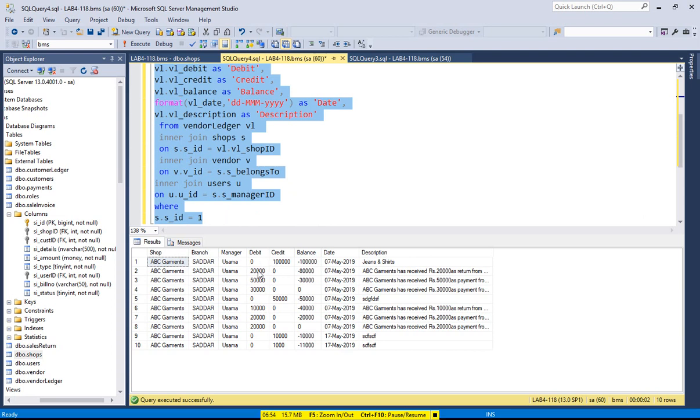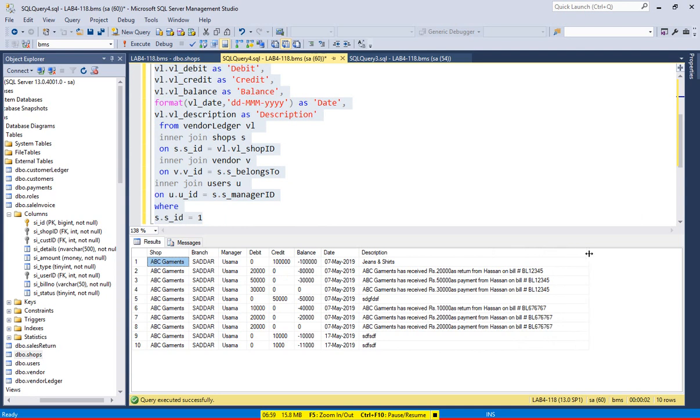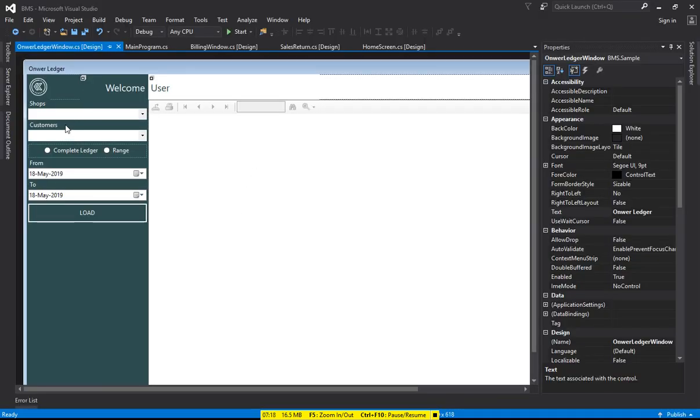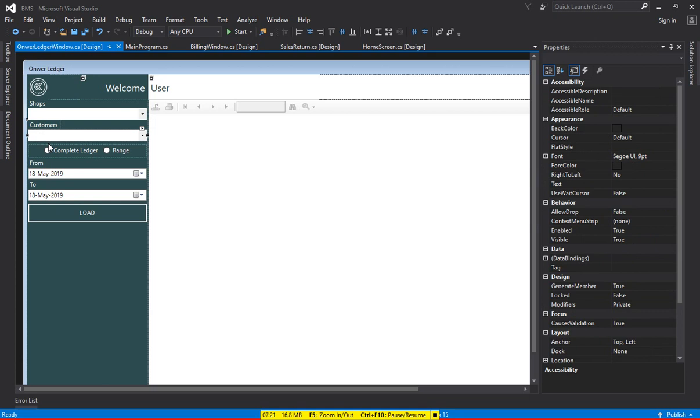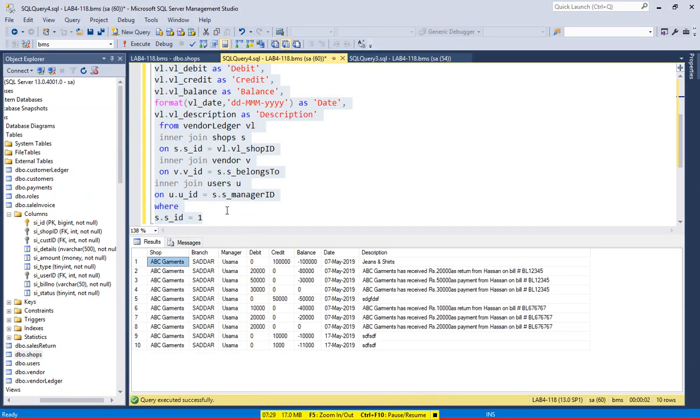So look, debit credit, everything is coming, but against who? So it's written in the description, return from Hassan, that's the customer name. Okay, so everything is fine, and with respect to shop, this data is coming. Okay, so basically that's a shop ledger, so all the shops you can specify here. So let's go to the, so here you don't need customers. Okay, only the shop data or the shop ledger with respect to that particular customer, you can then load that also. So you can specify the customer by specifying the inner join,